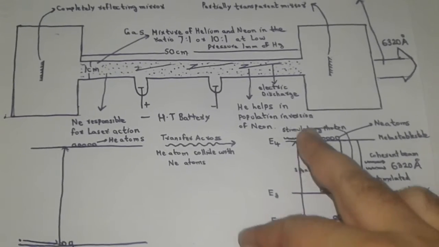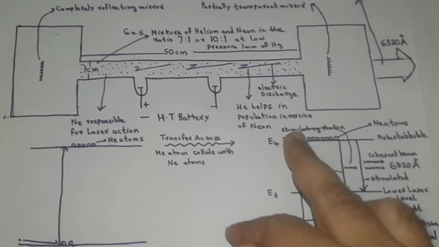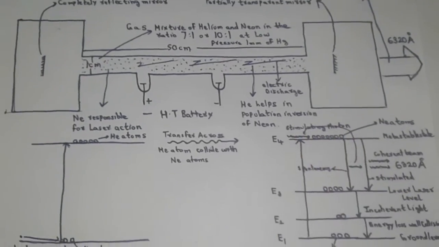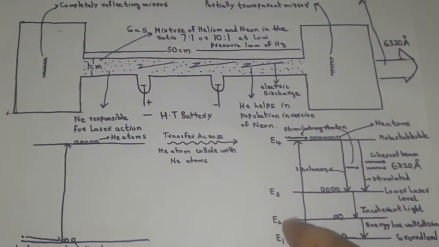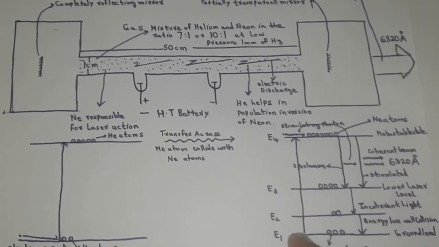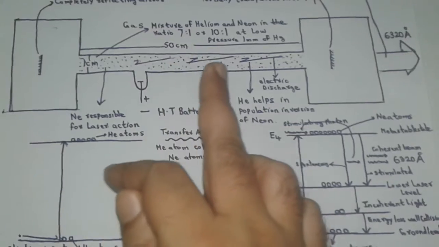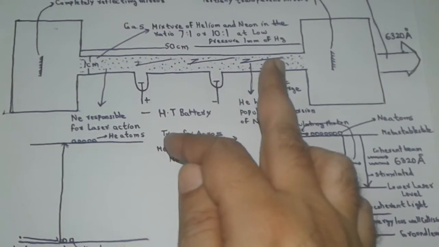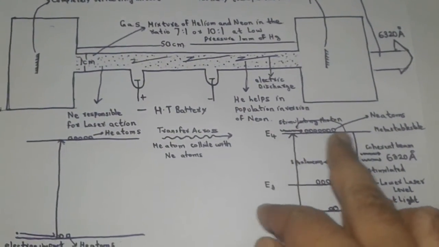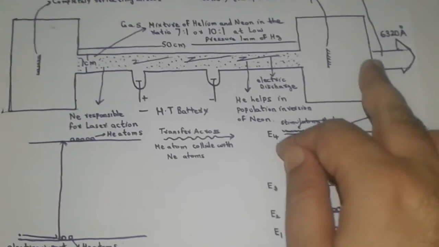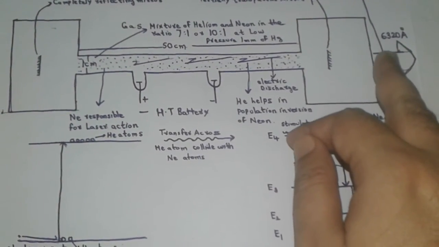Helium neon laser is a continuous laser because in this laser we have a continuous mechanism of maintaining and exciting the neon atoms in their metastable state E4. This is because in this case we are employing electrical pumping to excite the neon atoms, and the continuous collision of the electrons with the neon atoms keeps the neon atoms always in their metastable state for the emission of laser as a continuous beam.